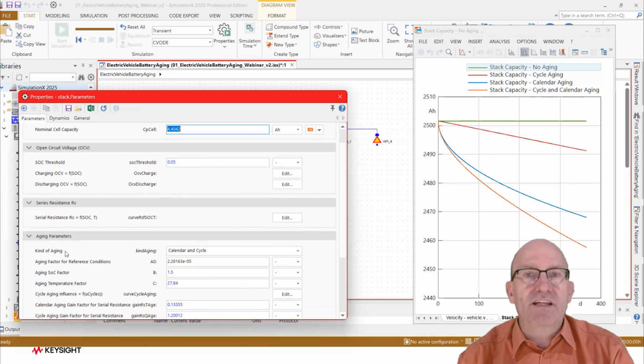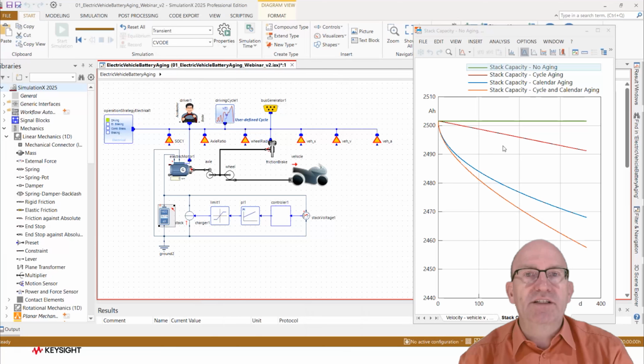So just with a set of parameters, which I specify for this specific chemistry, and these are the 4 situations which I also see here at this chart. The green line on top is just the simulation with no aging. The red line underneath is the simulation with only cyclic aging. The blue line is only calendar aging. So I didn't use my motorcycle for a year, which is not the smartest idea. And the red line on the bottom is the simulation which I just ran, and it shows me the combination